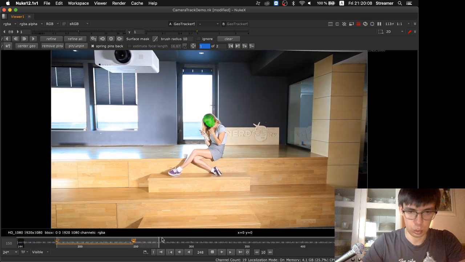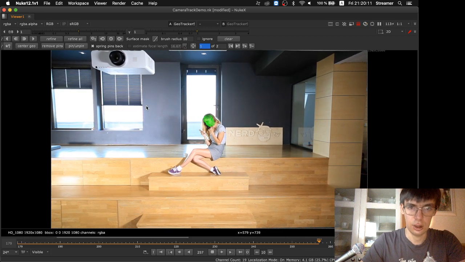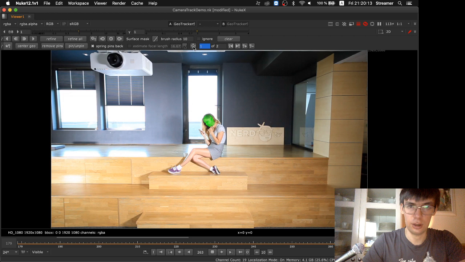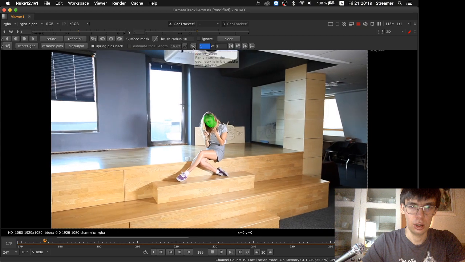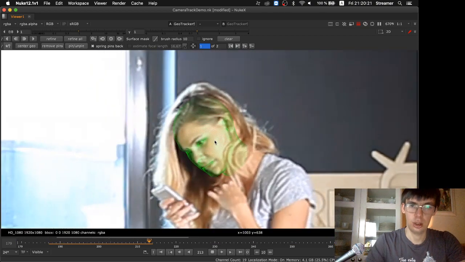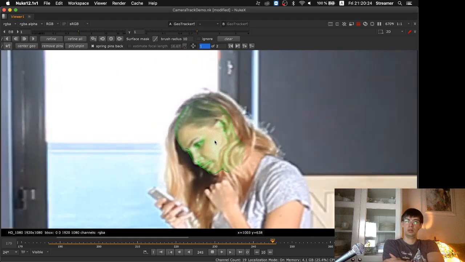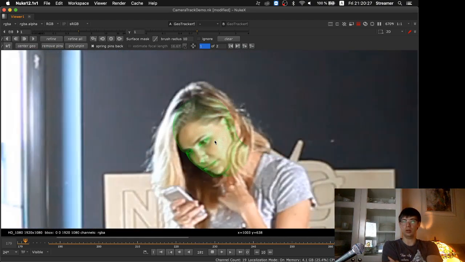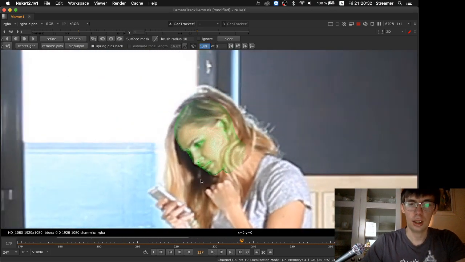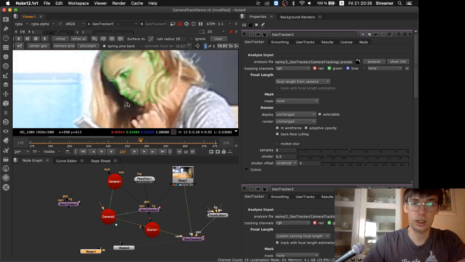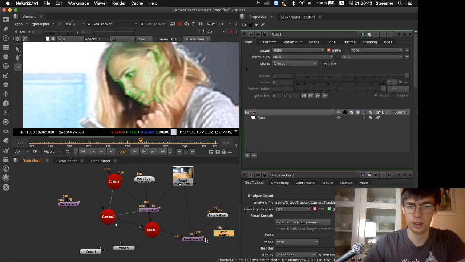Let's take a look at the result. Here I think the center view button would be the best option. So yeah, we've tracked the face as well with a pretty rough model. Okay, so regarding the masks, you can create just an ordinary rotor or alpha mask or something like this here, and then use it in GeoTracker,